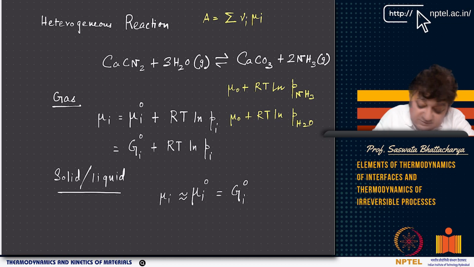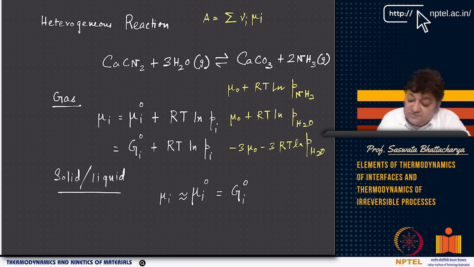So this becomes, now this becomes minus 3 mu 0 minus 3 RT ln PH2O, right? Partial pressure of water vapor, and you have plus, right, because it's the product side,